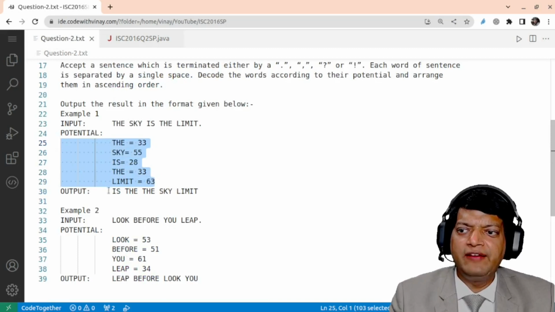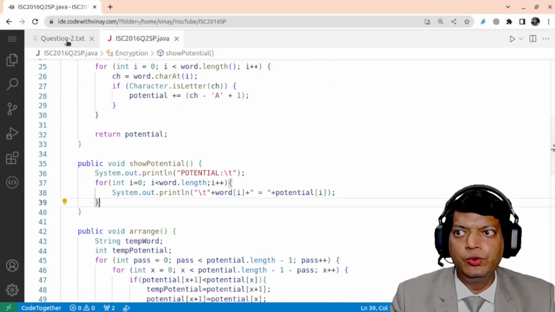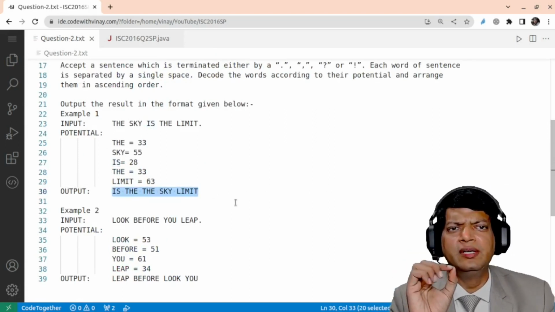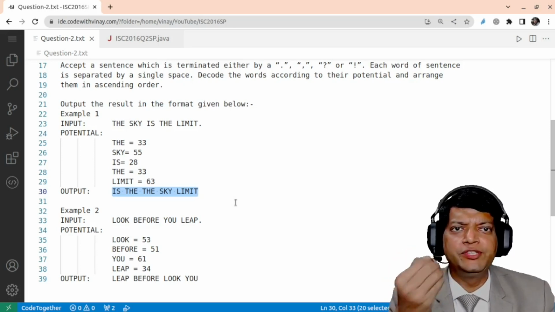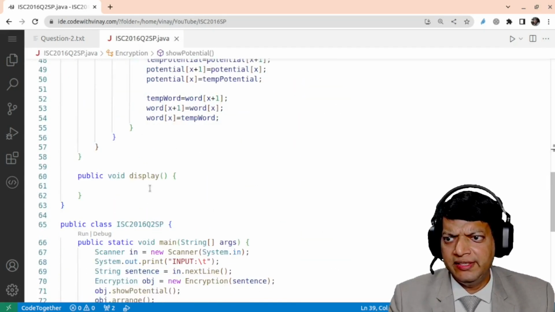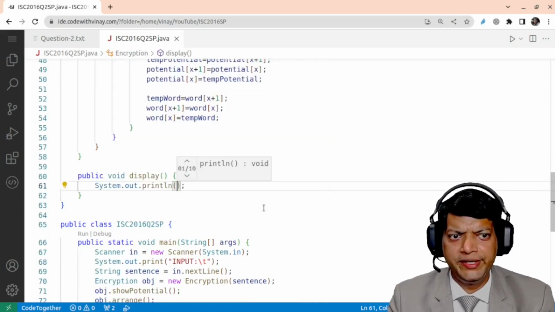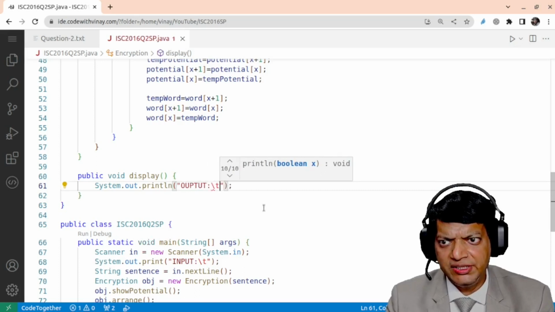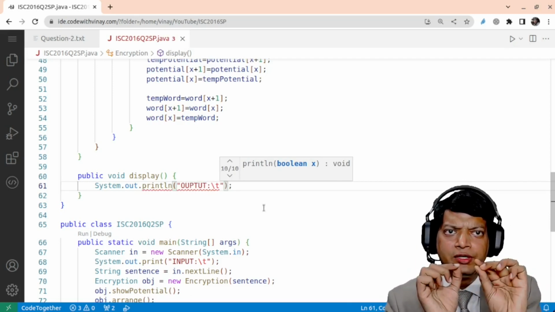Now once this is done, we have to arrange the words also, which we have already arranged, but now we have to combine them to get a word. In order to combine them into a single word, either you can take a loop, but here we'll use an inbuilt function which can help us to do the job. So we'll go to the display method. Here is our display method, and inside it we'll first say system.out.println. We'll display the label output colon tab, and after that, we have an array word which has been sorted now,